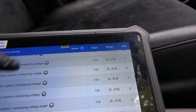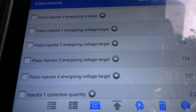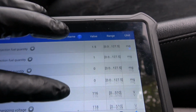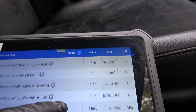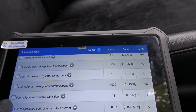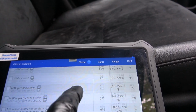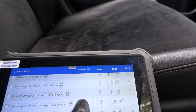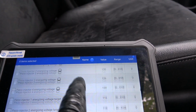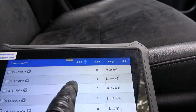Oh, by the way, in case I didn't mention it, there's your energizing voltage, 100 odd volts. So that's why the guys test them at 100 volts. I've seen people testing them at different voltages, but anyway, what am I doing? Misfire, where is it? I don't know where it is. Lost. That was right below where the quantities were. It was right there. Anyway,